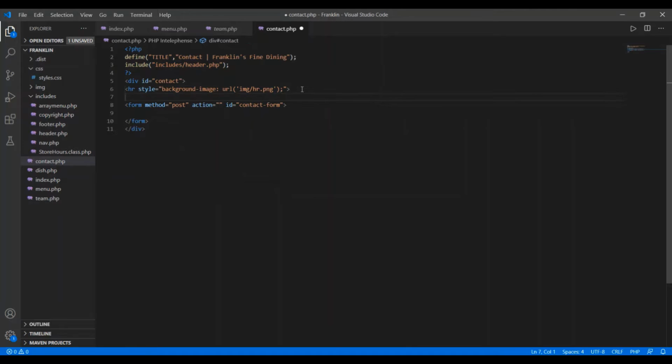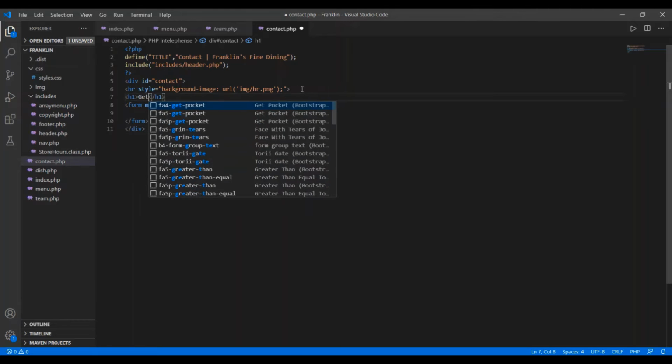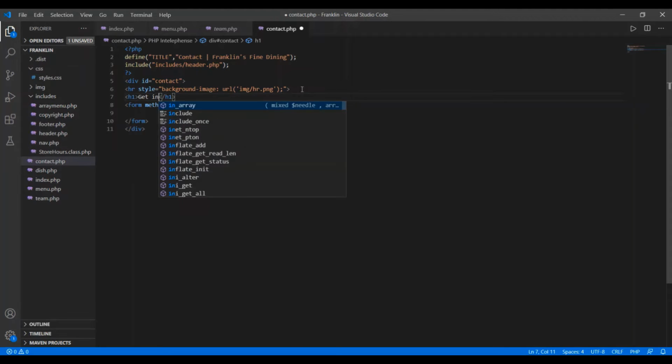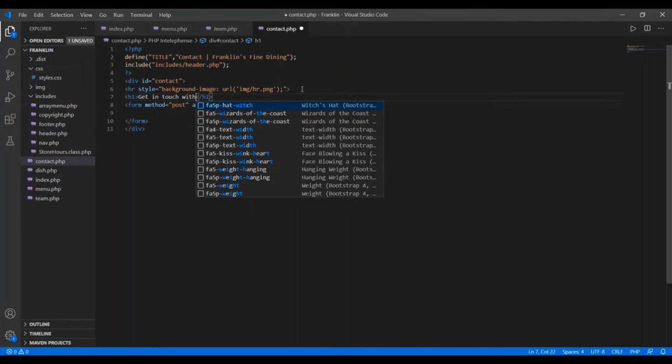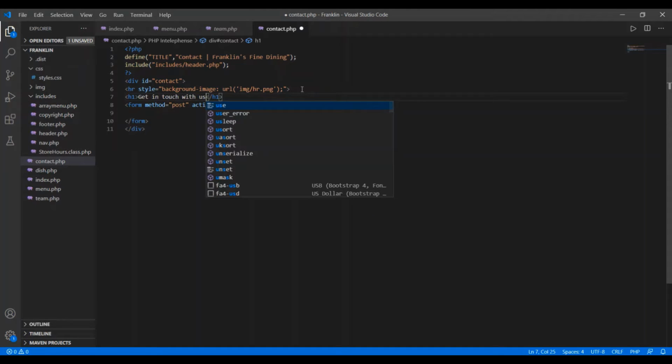Then after this I just want to display a heading there. For that I'm using the H1 element, and I write "Get in touch with us." Okay, so that's what we have written here.